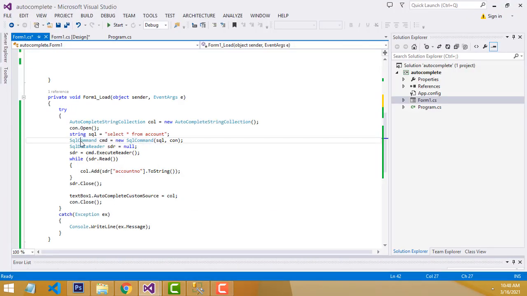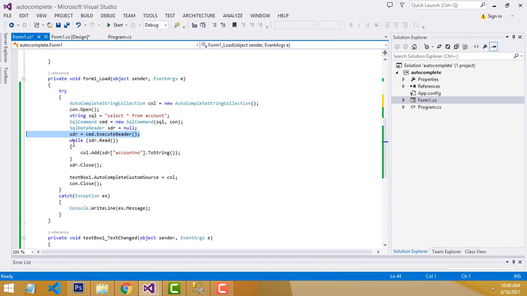We have to put it in the SqlCommand to check the query. SqlCommand cmd = new SqlCommand. We have to check both the connection as well as the query. If both connection and query are correct, we write SqlDataReader str = null. You have to execute the reader. After that, write the while loop with str.